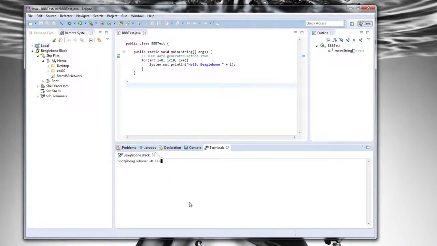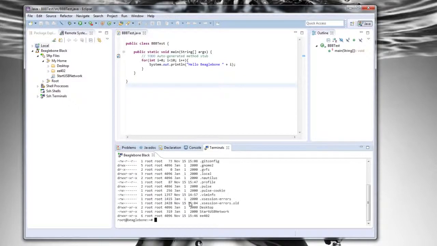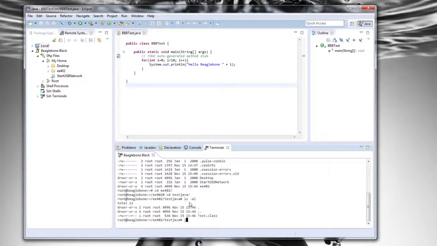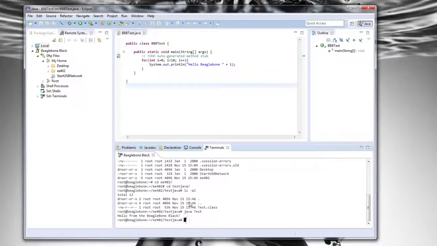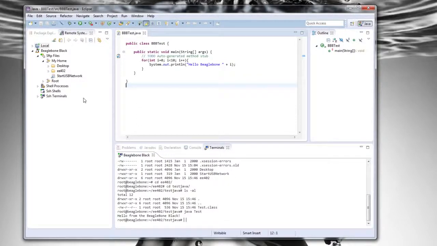ls -al, the same as we did before. So there you can see I've access there, and we can go into E402 and execute cd test Java, and we should be able to run java test the same as before. Hello from the Beaglebone Black. So that means we've got our environment set up now so that we can do everything effectively from inside Eclipse. So if I build this now,